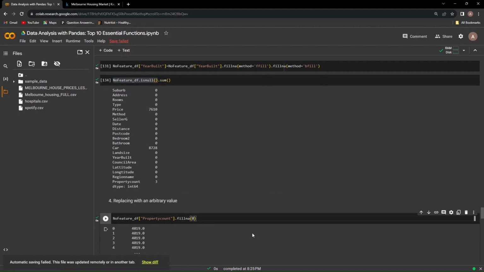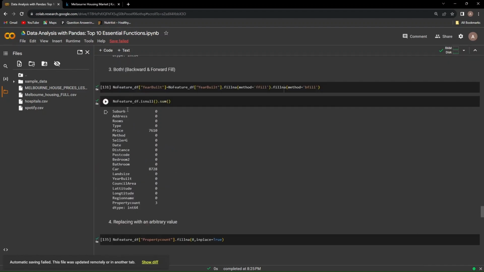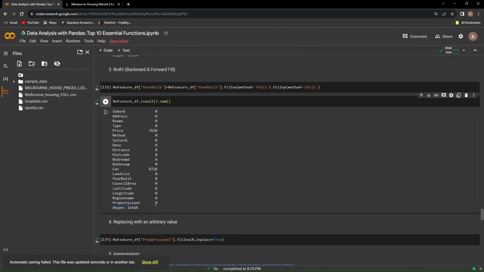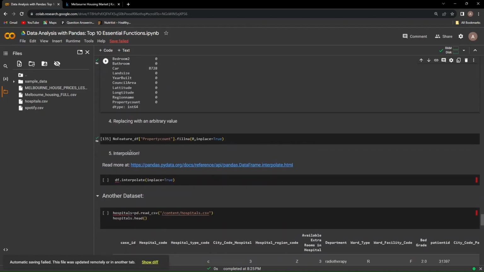Yes, do not forget inplace equals true, as it makes all the difference. So when I run this and run the isnull.sum again, I should get a 0 count for the property count missing values. Now finally, the last and most recommended